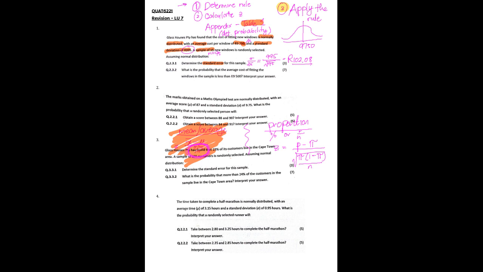in the sample is less than 9,500? So the key word to pay attention to here is less than, and the 9,500 is now your X bar. So you have everything necessary to now start with the actual steps that you see up here. So we started by drawing up the bell-shaped curve, and we put down the population value down the center. Now we need to put in the sample value, which is 9,500, and because this follows a normal number line, which increases to the right and decreases to the left,